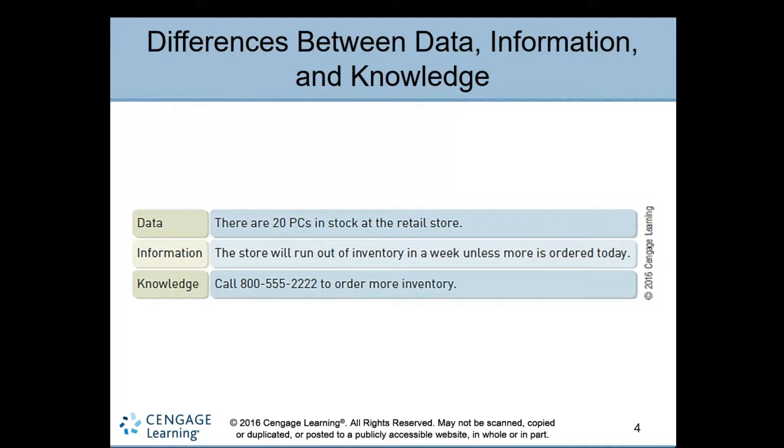What is your action on this information? Placing an order for more inventory with the vendor or the suppliers. That's knowledge: based on the information available, you apply your knowledge to get more supply of pieces for your inventory, for business. This is a simple example of knowledge. Based on the information, you mostly take an action.